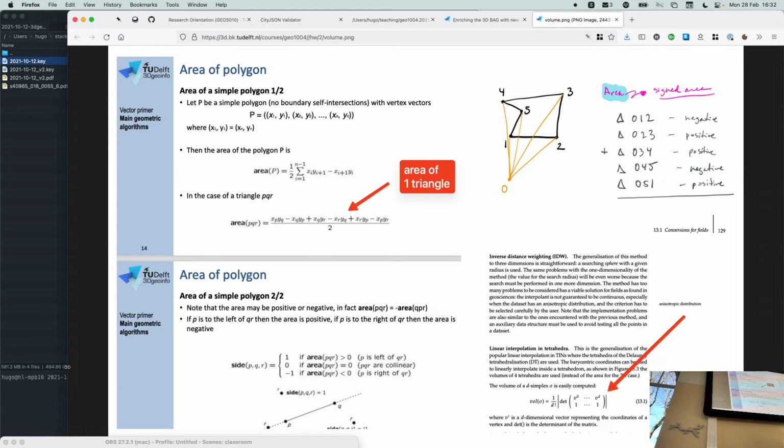You sum everything, you get 22, and you get the area of your polygon. So this nice function that you see there is basically doing all that, simplifying everything. It's basically subdividing a polygon into triangles.